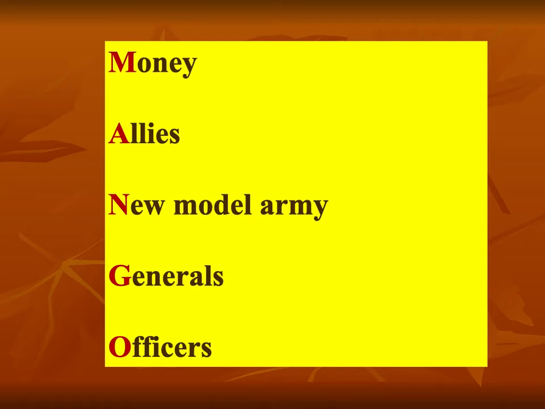A second key reason it won was it had more allies. Now, an ally is a friend or somebody who is willing to support you. Now, you would have thought Charles would be able to draw upon European support. After all, he's got a French wife. Can't he just ask the French to help out? Well,